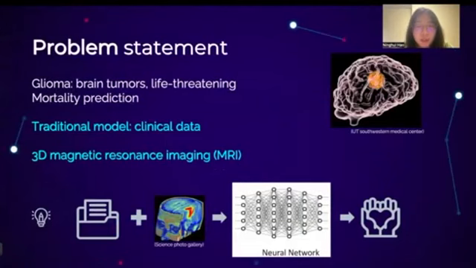Glioma is a life-threatening brain tumor. The traditional prognosis model is solely based on the clinical data, while currently available 3D magnetic resonance images provide a rich, detailed view of tumor structures with additional insights. So our project aimed to integrate clinical data and MRI data as inputs to the neural networks to predict the